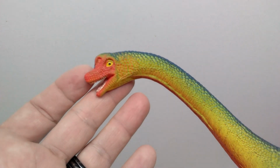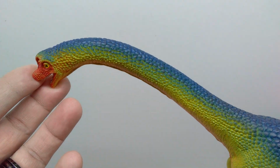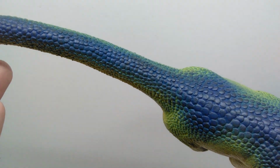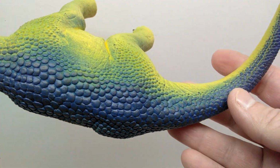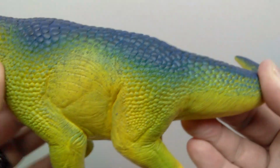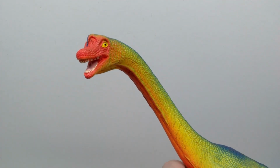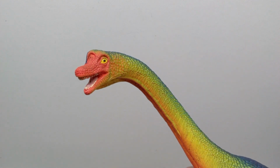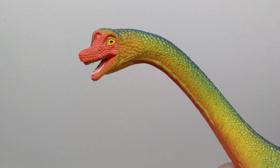And then you have the really cool looking Brachiosaurus, and this one was one I was really intrigued to see because I've only recently, well, kind of recently, a few months ago, acquired the initial Brachiosaurus that was released as far as this particular sculpt goes from Schleich, so I was really excited to get a second paint variant of it. And you can see as far as coloration goes, we have a reddish tone for the face, and then